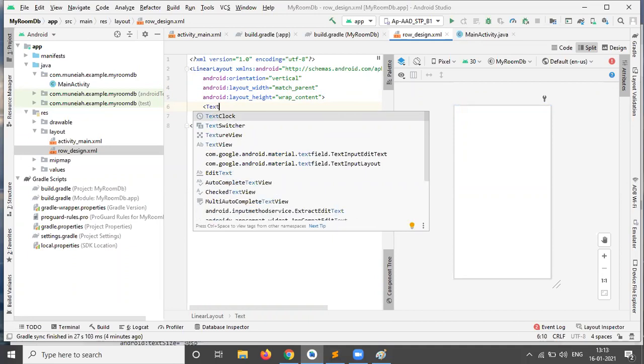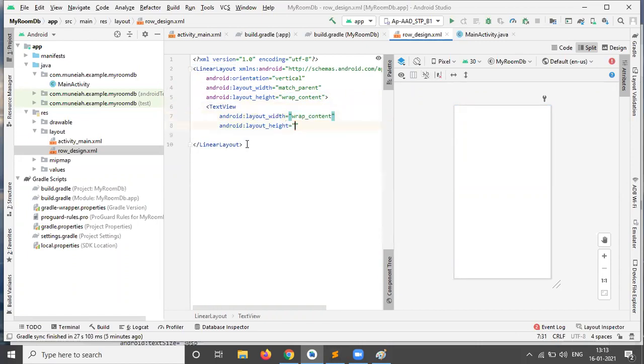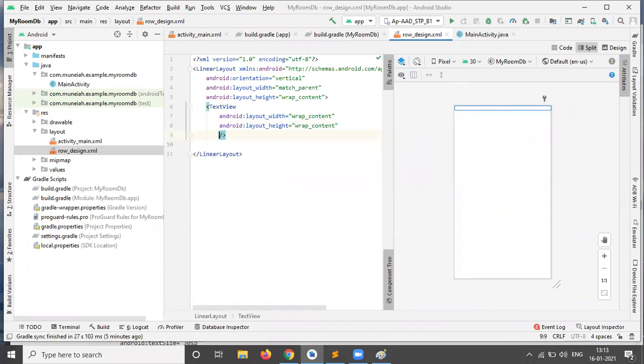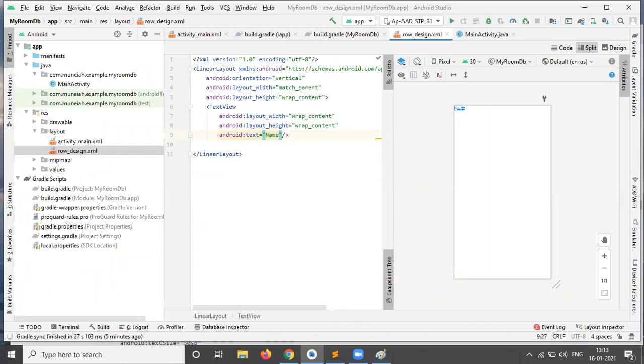The width and height are wrap content. Then the text is name, displaying the name.